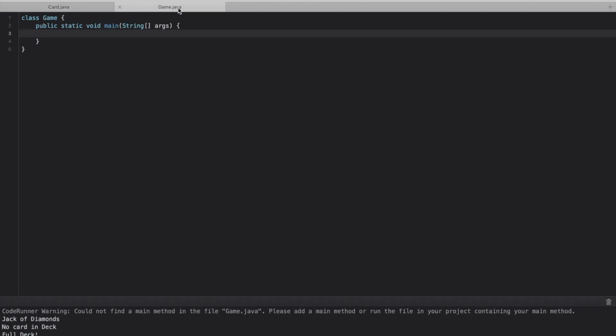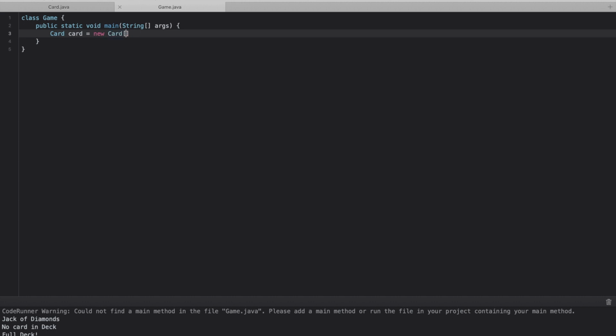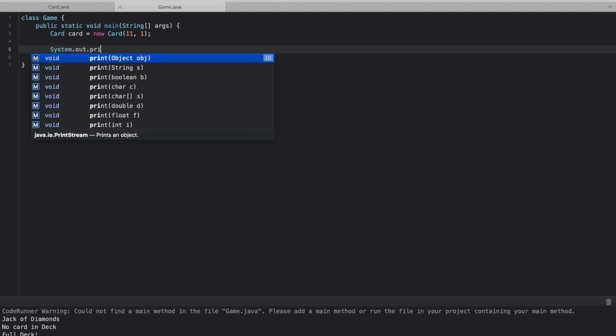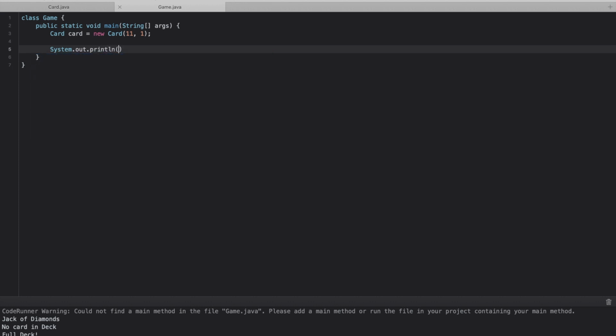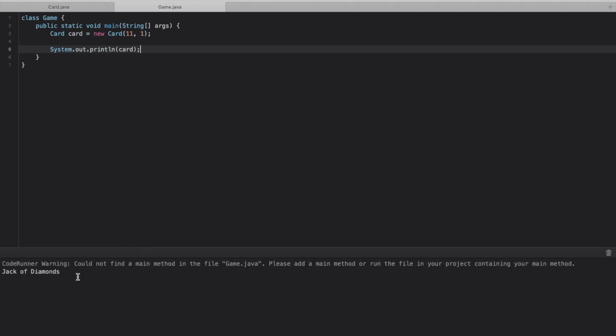Okay, so then within our actual game, obviously, if we were just to create a new card object, we would say card equals new card, and then we could set the values, and then I could print that out because I have my toString method. So if I run this, excellent, it tells me I've got a jack of diamonds. Okay,